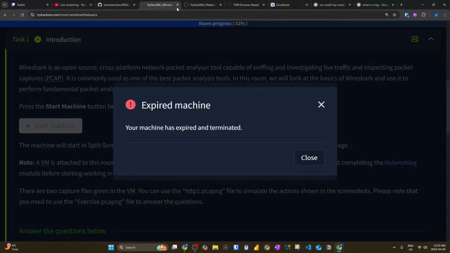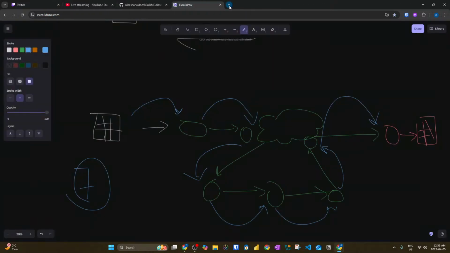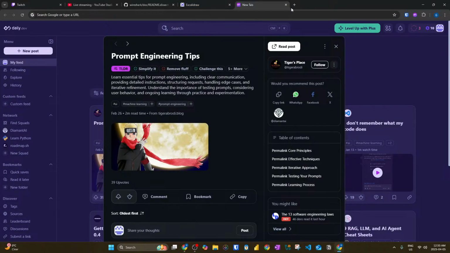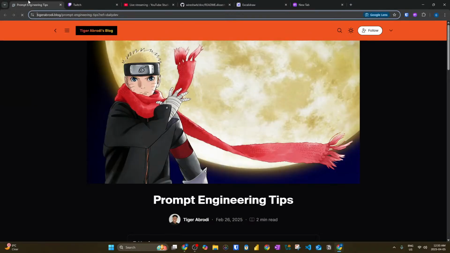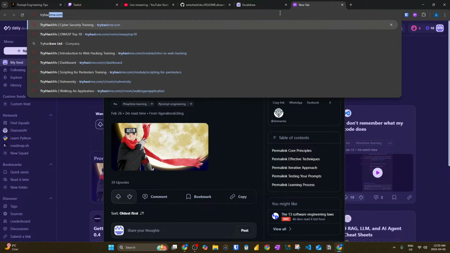And with that being said, let's get over with our TryHackMe. We had the OSI model. Yesterday we talked about the E tag and all those stuff. So now, prompt engineering tips. Sorry, I like these stuff. I'll put it at the end here. Okay, so we'll get over with our TryHackMe's Wireshark